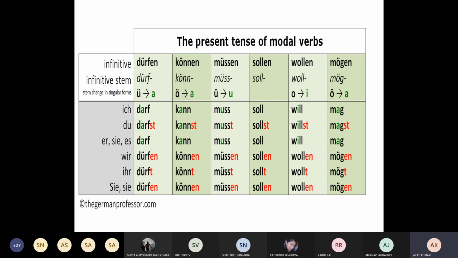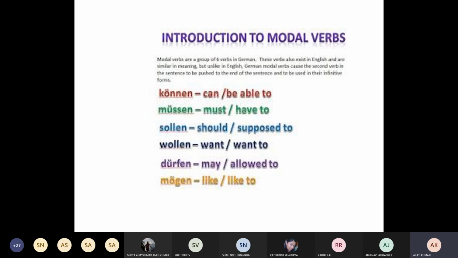Now we go to the list. Dürfen. Yeah, the first in our list is dürfen. So we'll see how to use it. Let's go to the previous slide and check the meaning. Dürfen has the meaning of may or allowed to. Suppose you want to go in: one very standard line we should learn is how do you ask for permission to enter the room? In English we say, may I come in? In German, you use this modal verb.